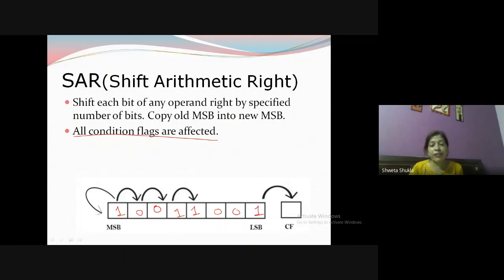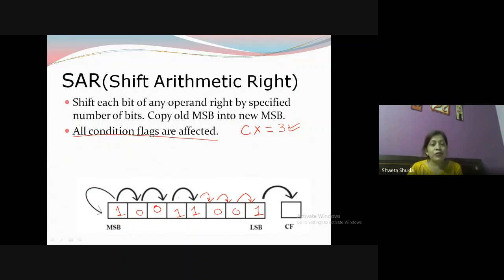Now how we will shift here, and remember, as I say, every time you have to keep a check of the CX or the instruction which is given. If it is given in the instruction 1, that means you have to shift it just once, and if in the CX register 3 is given, that means you have to shift it 3 times. So see, everything is same, every bit will be shifted towards the right side, just like this. And the least significant bit will move to the carry flag.